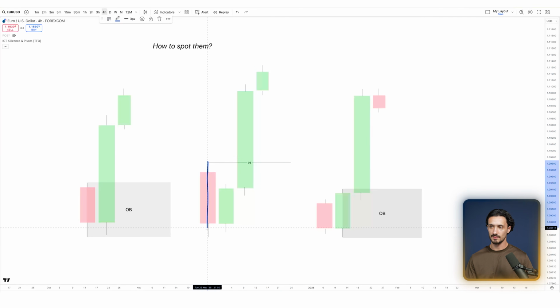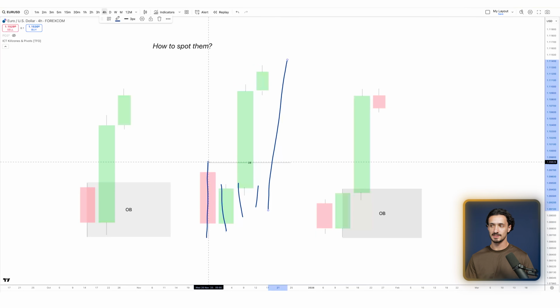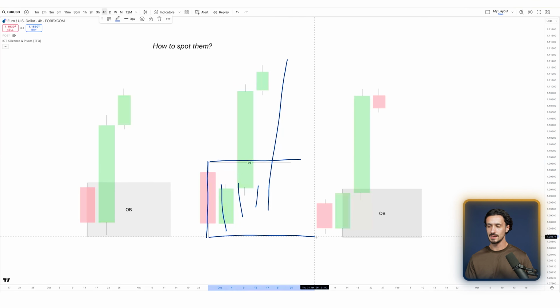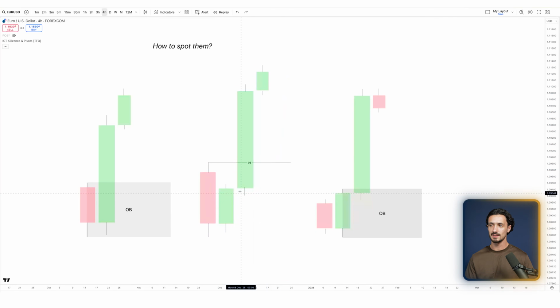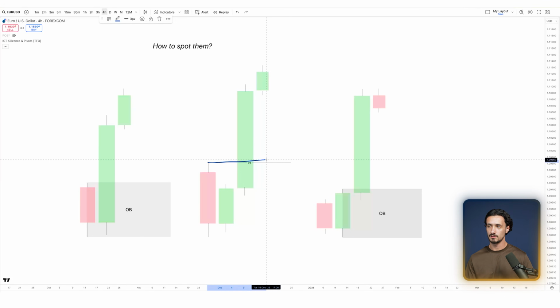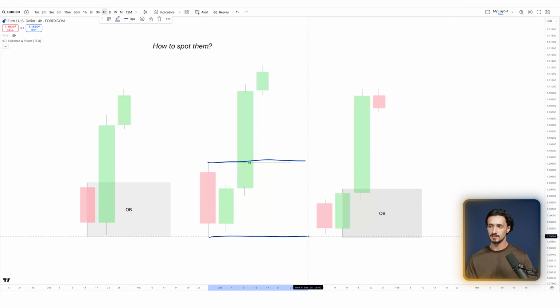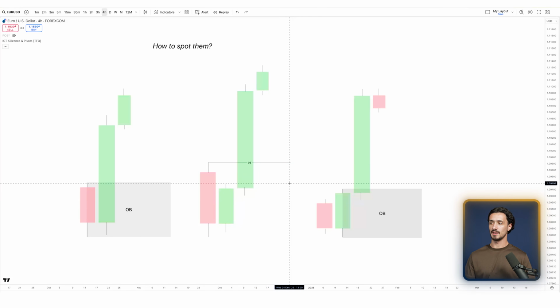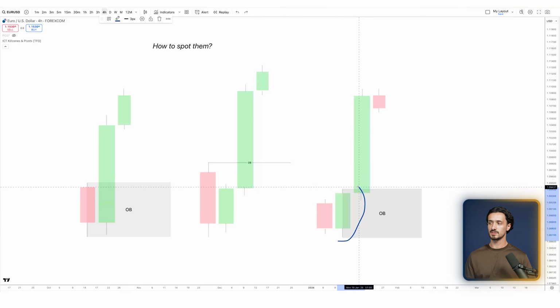Sometimes you might get an aggressive sell candle and then a few bullish candles and then a big bullish candle. And you can still use just the bearish candle itself as the order block. So you can see in here that we have used from this high to this low as the order block, not really caring about this candle. And the third example is using the first candle